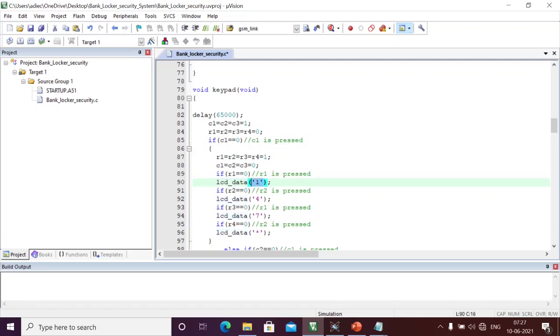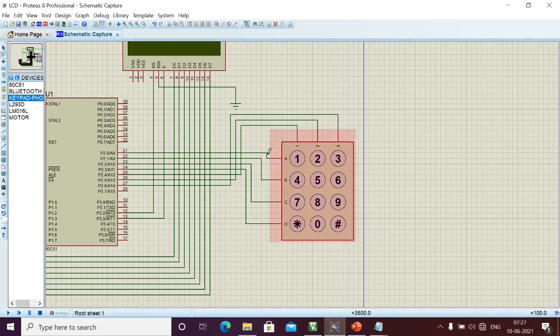We should consider this as a password. If I press this switch, column 1 and row 1 will be 0, because we short both lines. That's why both pins will be 0, and here I will display it as 1.